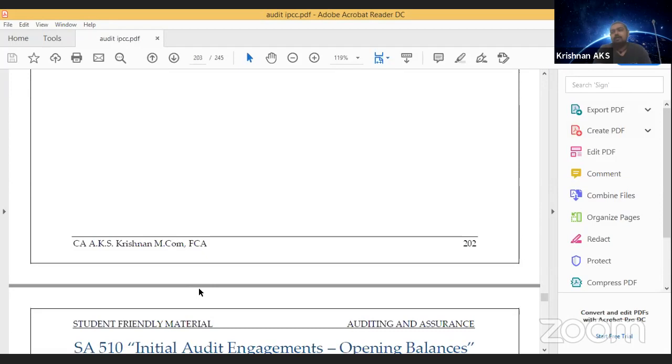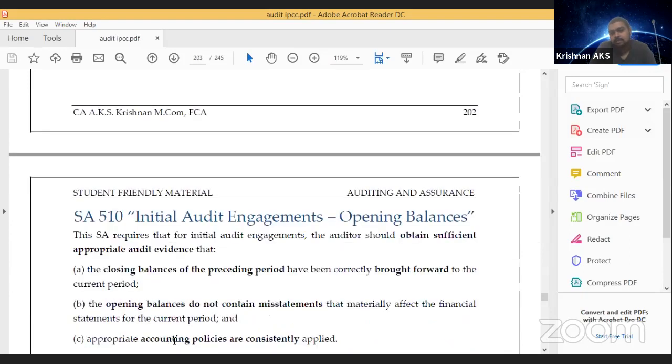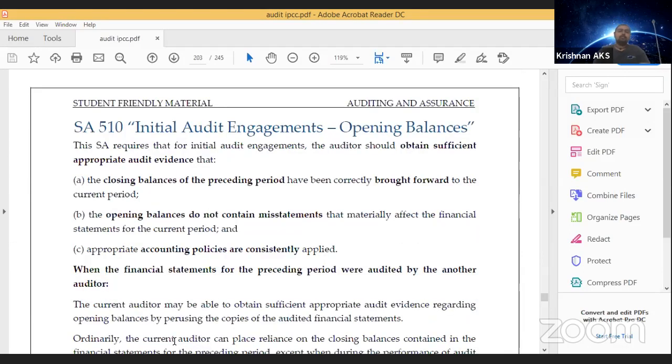So we completed 500, 501, 505. So two more standards we are going to study today. Okay, the next one is SA 510, initial audit engagement, opening balances. See, what does initial audit engagement mean? Initial audit engagement means, see sir,